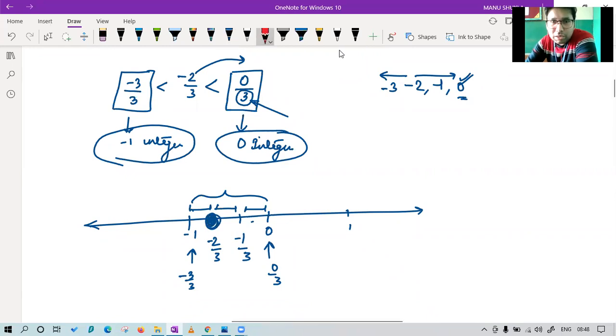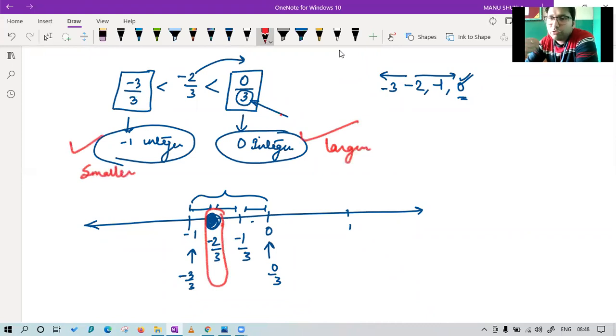Class, please confirm. Are you able to understand this? First, we found the larger integer and the smaller integer, then the smaller integer in terms of fraction, and then we located the point on the number line easily. If it is not clear to you, let me take the remaining two examples and it will be fine. Next time I want everyone to help me in finding the lower integer and the higher integer.